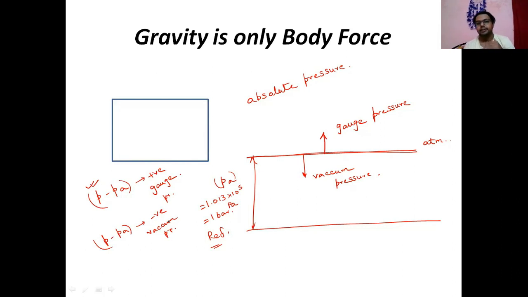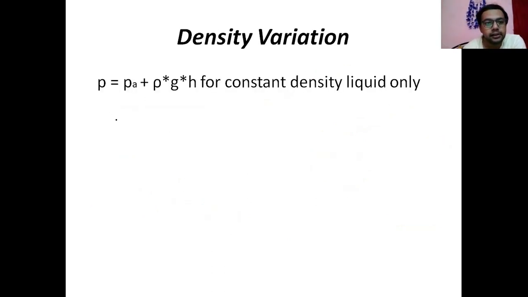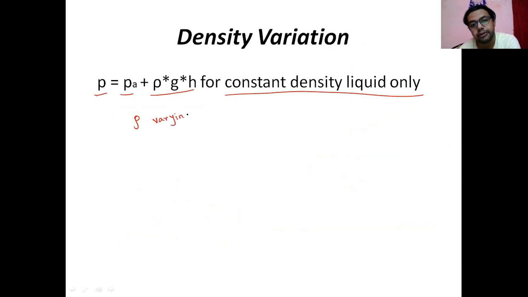So gauge pressure rises. If you go deeper and deeper, your gauge pressure will rise in this manner. So P is equal to PA plus rho g h for constant density liquid only. Most important thing: if density variation is there, if density rho is varying, then what will happen? But rho is varying with what? If you change the pressure, the rho is changing. If you consider the gas,